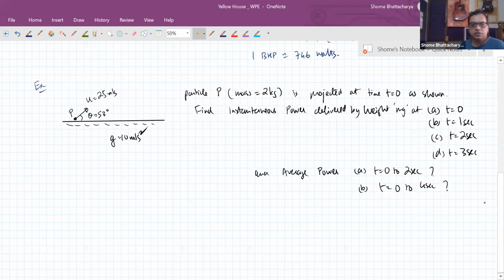Okay, so nobody's worked out the values yet. Anybody got the answer? You see, for the first part, for instantaneous power, we have to use the formula: instantaneous power is the dot product of force with velocity, or that is equal to the rate of work done with respect to time. Okay, so at t equal to 0,